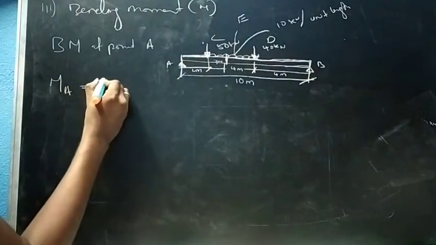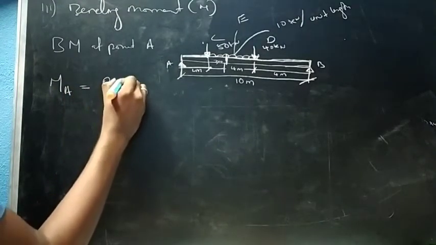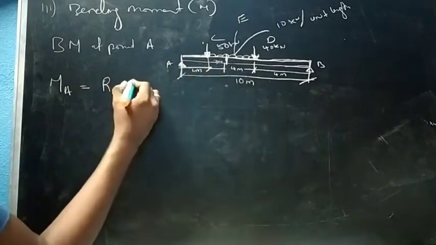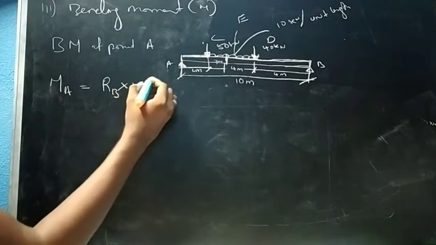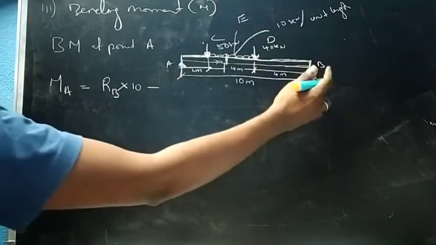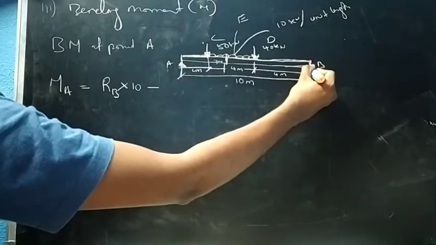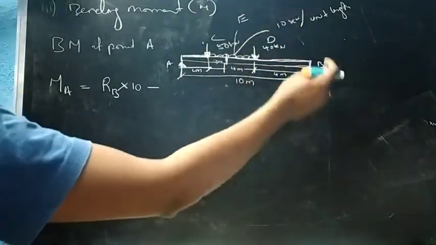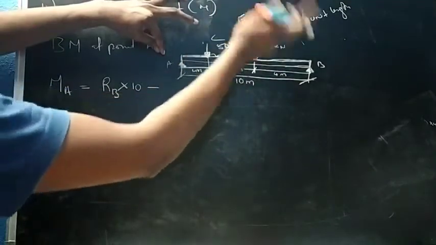So load, that is RB into perpendicular distance, that is 10, minus, so this force is trying to bend this in upward direction,